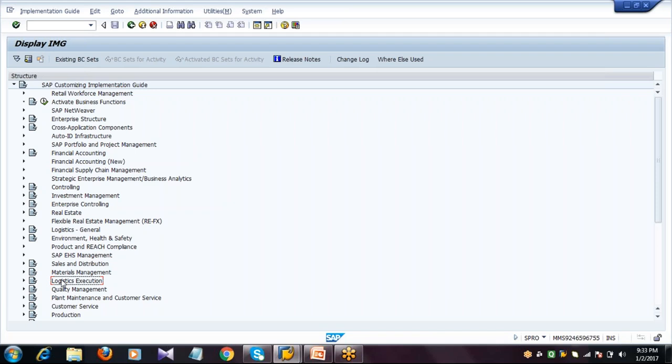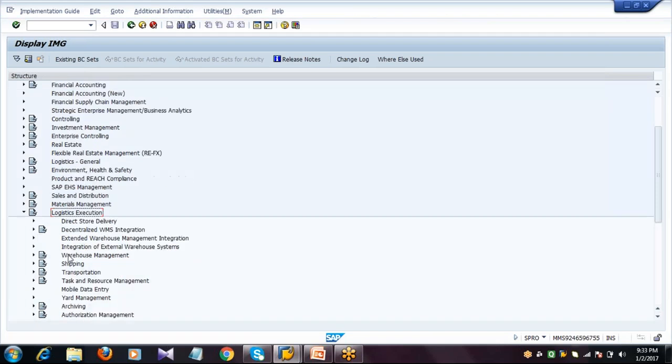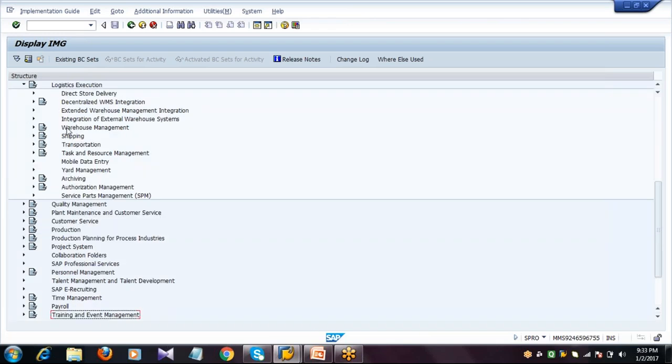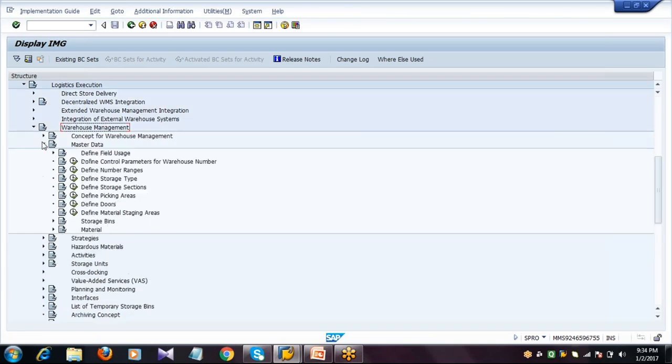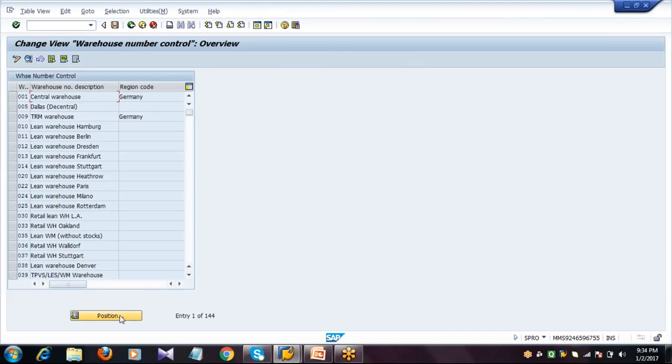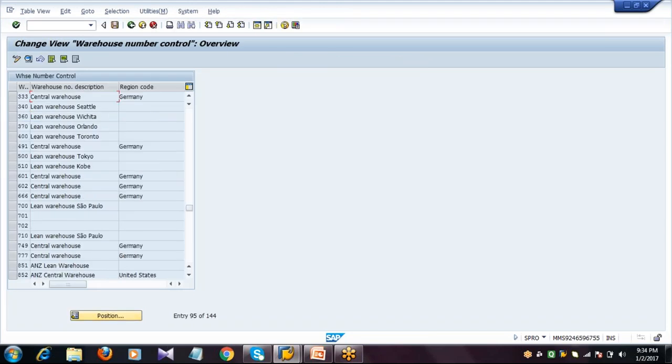After enterprise structure, definition and assignment, SPRO, IMG, logistics execution, warehouse management, master data, define control parameters for warehouse number. Select the warehouse number,